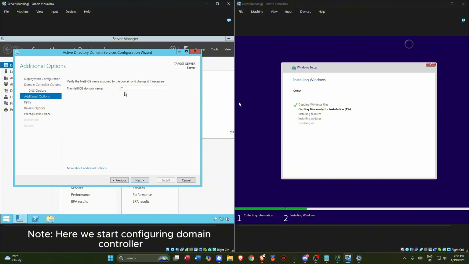Then we use this as our domain NetBIOS name, since we configured our workgroup as IT, so that's our default one. Next,